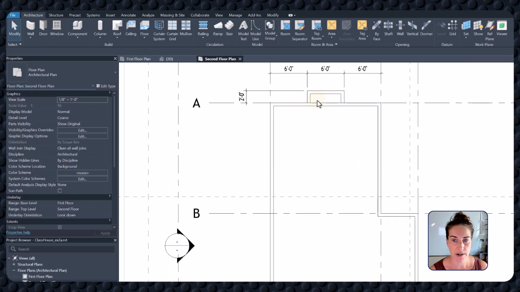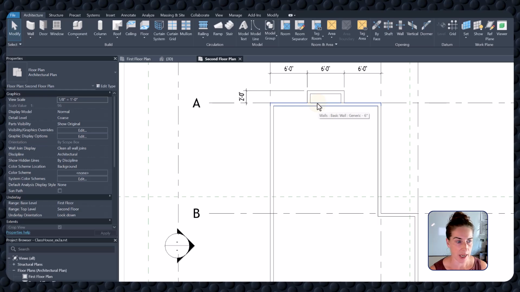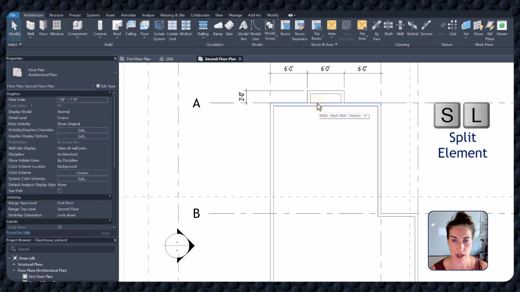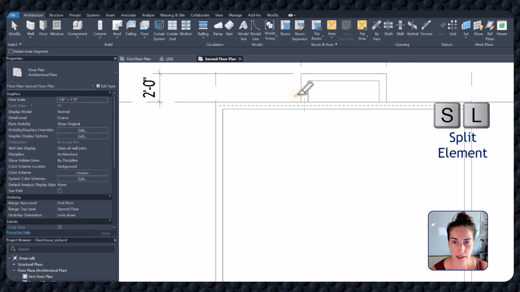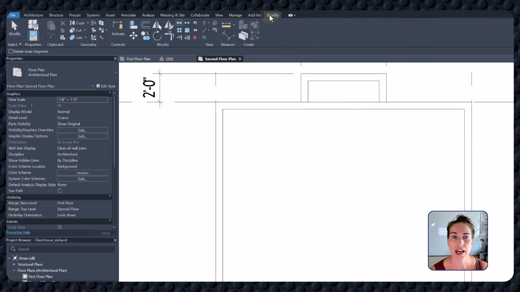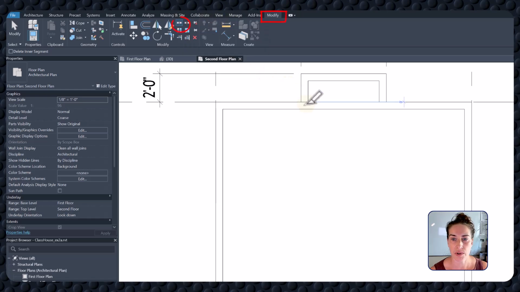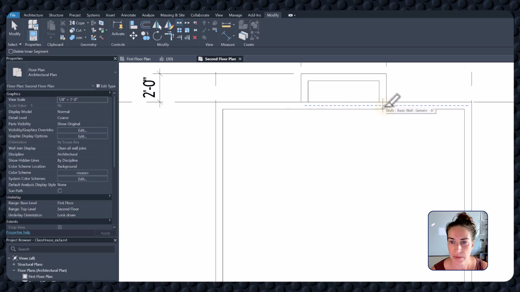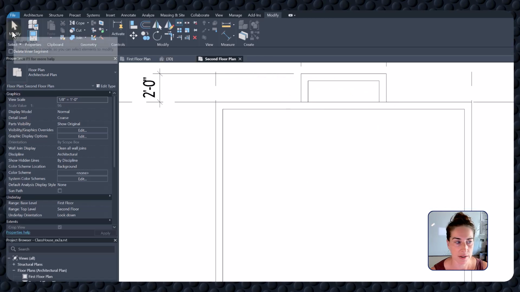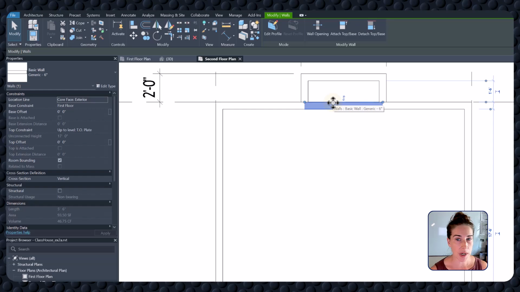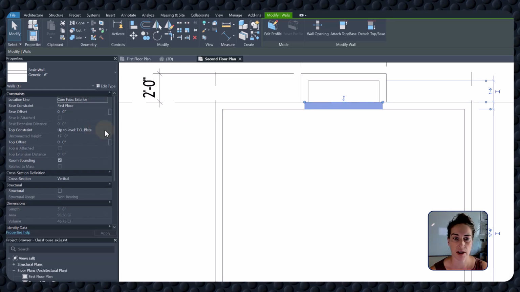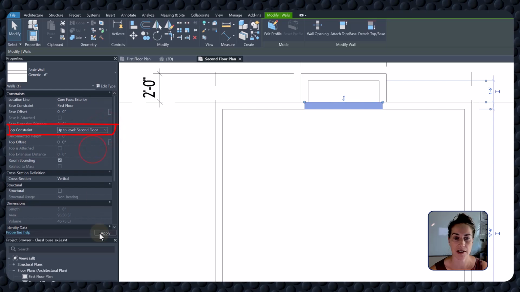You'll notice my new bump out area isn't accessible now. I need to split the wall using the split line tool. I'll go SL. Alternatively, you can go to the modify tab and find the split line tool. I'll split my horizontal wall approximately where the vertical walls intersect. If I click on this wall, I don't want to delete it. I just want to change the constraints of it. Instead of having it go to the top of plate, I'd like it just to go to the second floor,